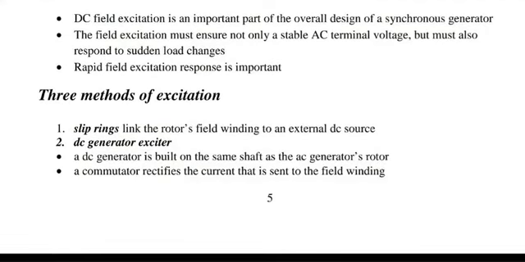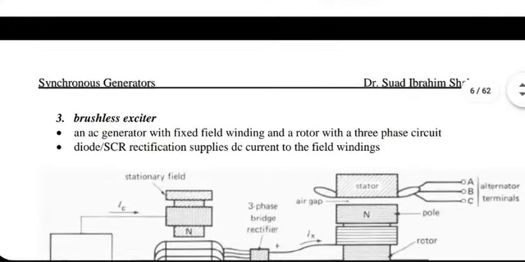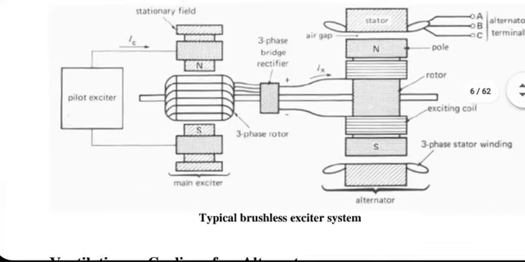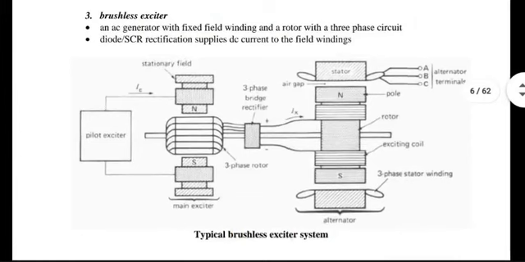Methods of excitation, we have already gone through it. So let me quickly move forward. Again, there is a lot of detail here. You may not be able to connect to everything. I know that. So rather than understanding everything, at least get the top-level picture clear in your head: the DC exciter could be a DC generator, or it could be an AC generator with diode-based rectifiers after the AC.